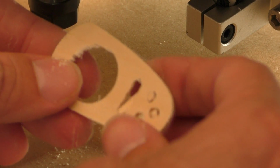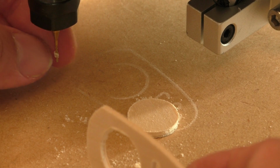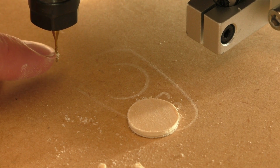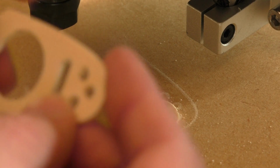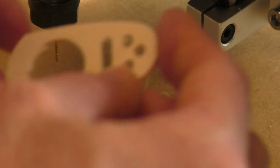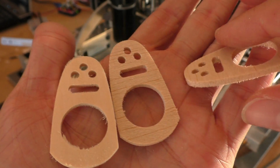I didn't quite get through some of these ones. Not bad, I suppose. You can see this bit is not made for this. It's sort of bunching up on there. The little stringy bits. You're supposed to have a flute type for cutting this stuff, I think. Yeah, that's right. Oh well, at least I know I can cut plywood, even with this